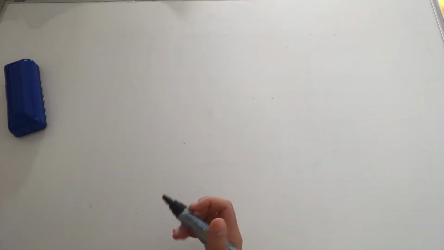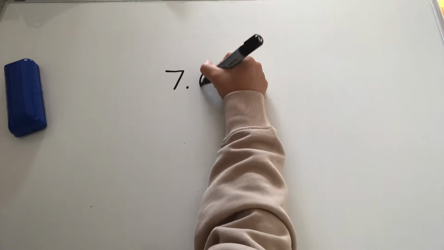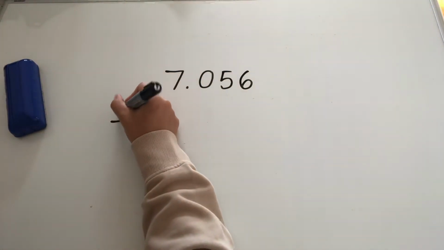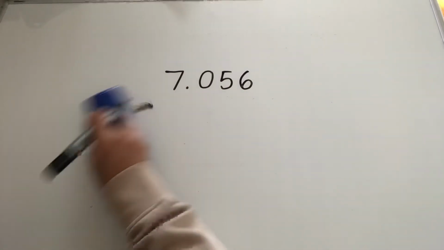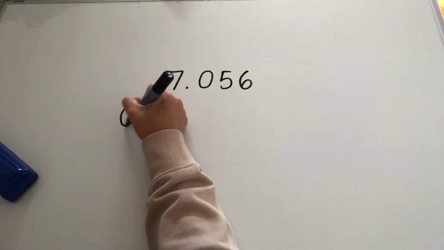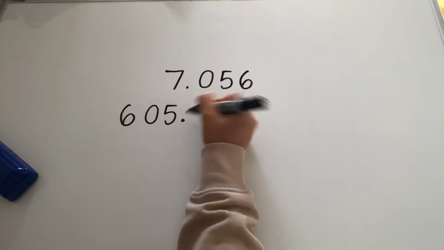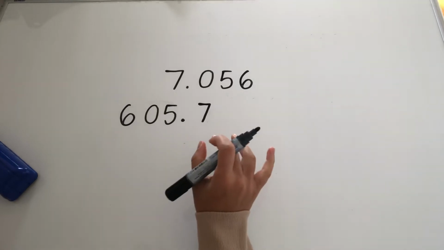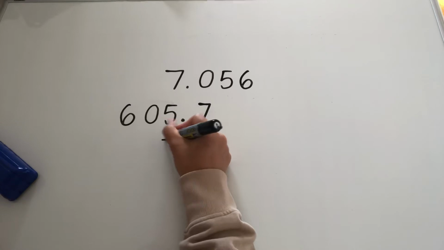This time we're going to be adding 3 numbers that have decimal places. So our first one is 7.056. The next one is, I might move that over a little bit, 605.7. So making sure all my decimal points are lined up. And the last number we're going to add to it is